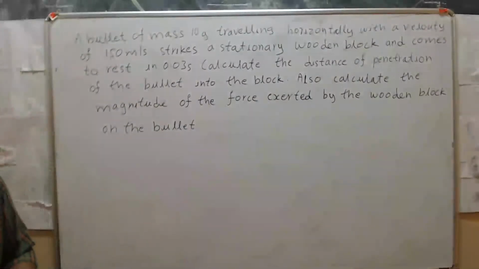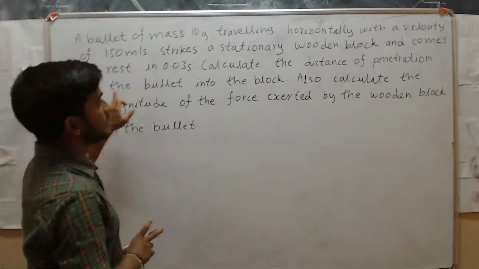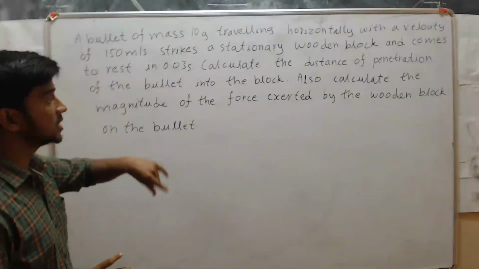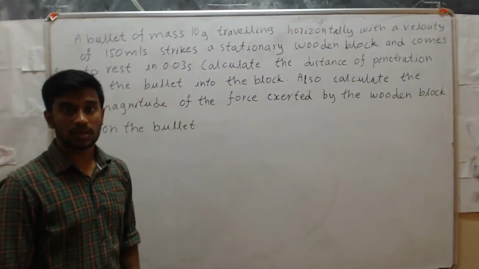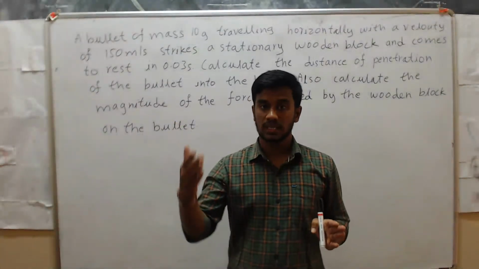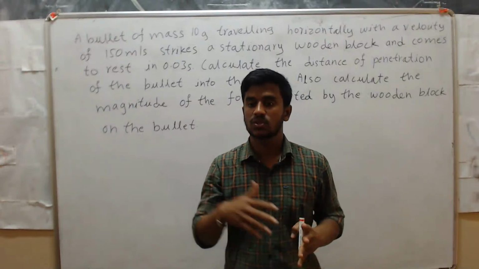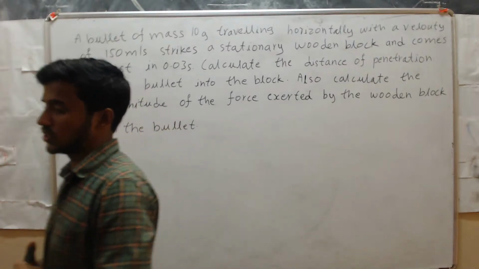I will give 2 minutes. So find the solution for this question. Be careful while solving the problem. First, calculate the distance of penetration of the bullet. Then also calculate the magnitude of the force exerted by the wooden block. When that bullet strikes the wooden block, it comes to rest because the bullet exerts force on the wooden block, and according to Newton's third law of motion, the wooden block also exerts force on the bullet. So that's why the bullet comes to rest. So calculate that force also. First,